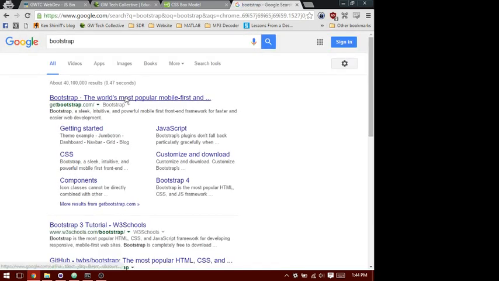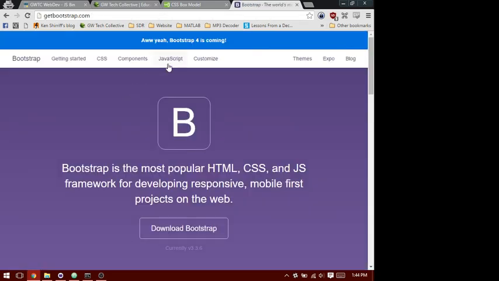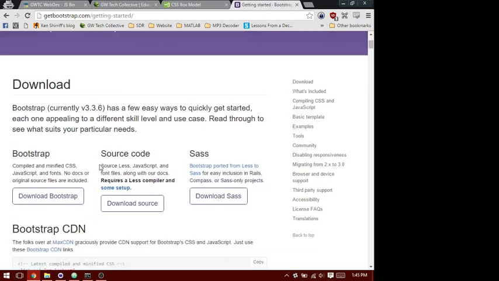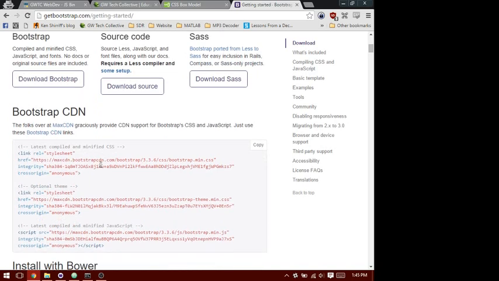Bootstrap makes it extremely easy to start a website from the ground up. This is what a ton of actual websites are built on. It's a framework that gives you a huge head start in getting anything onto your site that you want. If you go to Getting Started on here, the easiest way to include Bootstrap in your website